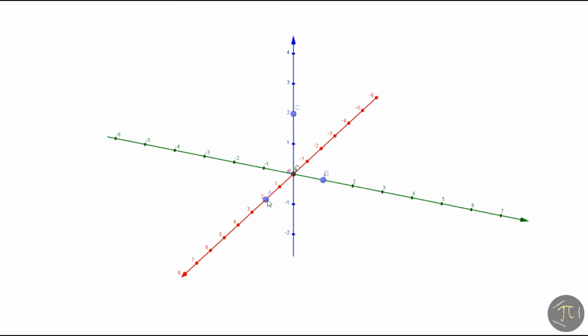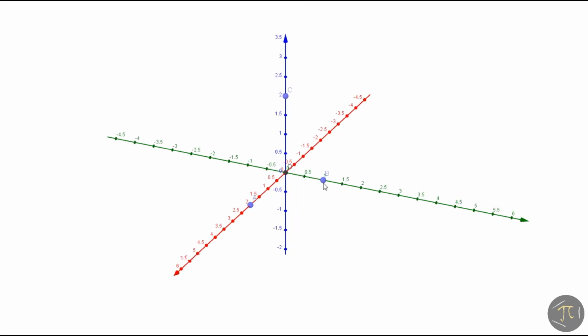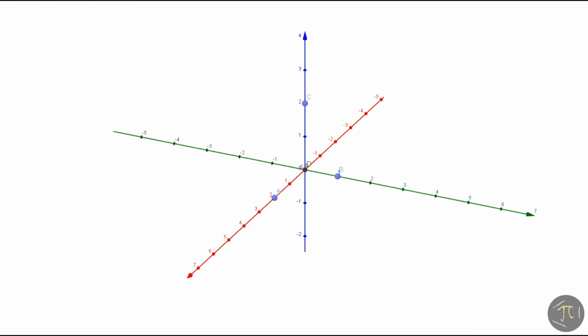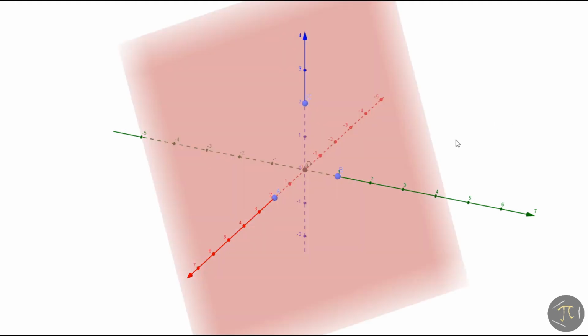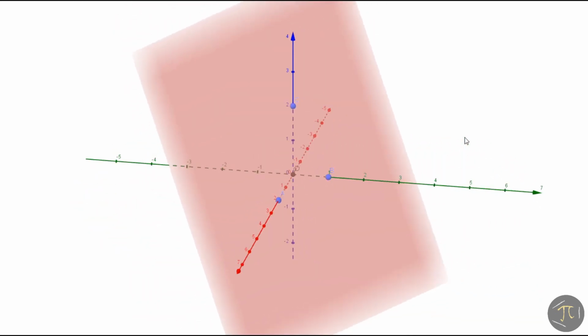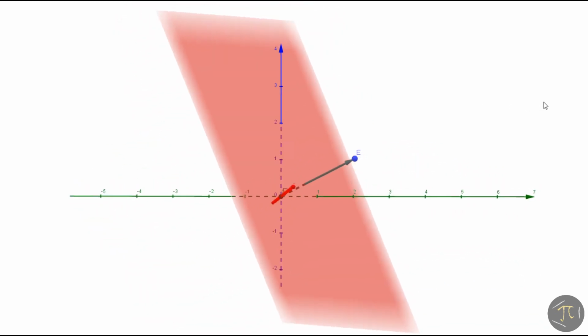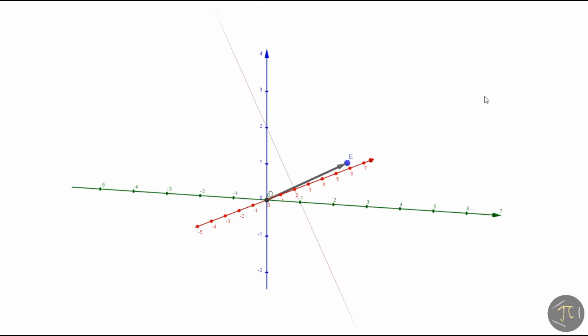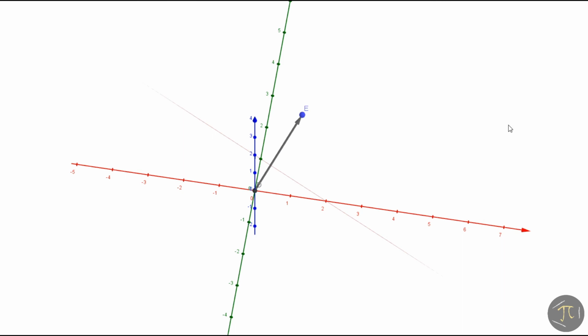To fix a plane in 3D, you need 3 points. These 3 points could be a, b and c on the x, y and z axis respectively that I found from the equation. So we get this red plane from the equation x plus 2y plus z is equal to 2. Another thing that you learn from 3D geometry is that the vector (1, 2, 1) is perpendicular to this plane. The vector is given by the coefficients of x, y and z.